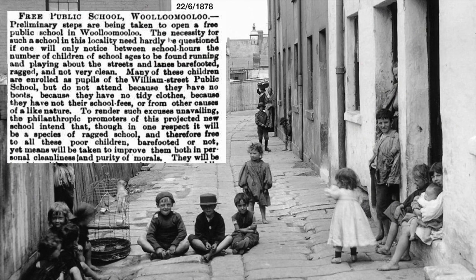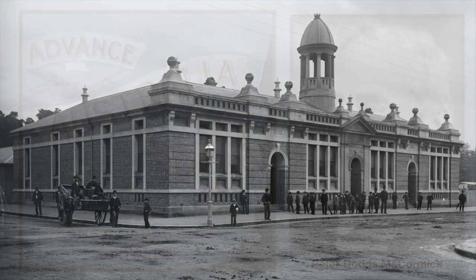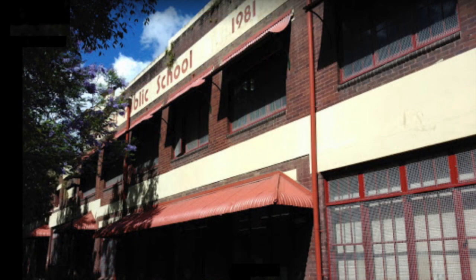In 1878, a decision was made to open a free public school at Woolloomooloo. It stated that children were roaming the streets barefooted, ragged and not very clean. They did not attend school because they had no boots, no tidy clothes and no school fees. Plunkett Street School, also known as Dowling Street and Burke Street School, was established. The first headmaster was Peter Dodds McCormick, the composer of Advance Australia Fair. With the building of a motorway, the school was moved to its present site,